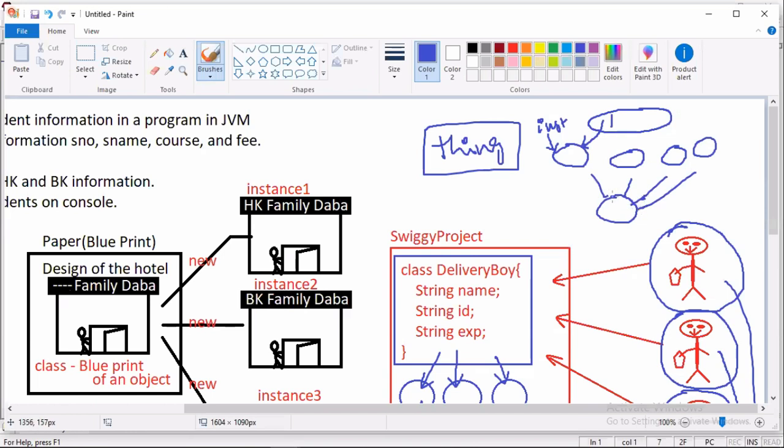Tell me, after class is completed, when you go and ask your mother, what will you ask? "Mummy, where is my plate?" Where is my plate instance? If you want to say the complete word, you should not say plate. Plate is a blueprint. One plate is an instance. You are not taking the blueprint; you are taking one plate, one instance. "Mummy, where is my instance? Where is my food instance? Where is my idli instance?" Your mother will look at you and ask, "Are you okay? Any corona affected?" Tell me, class Corona.